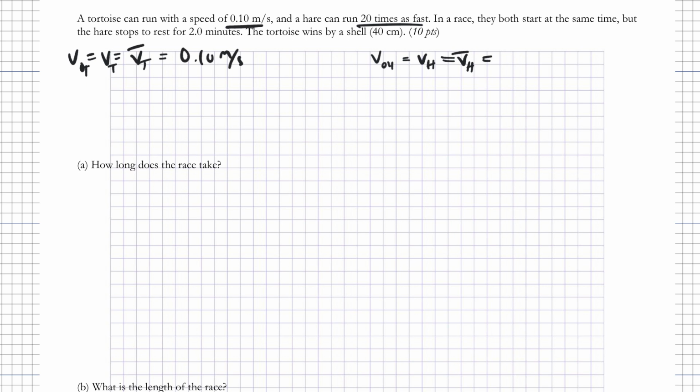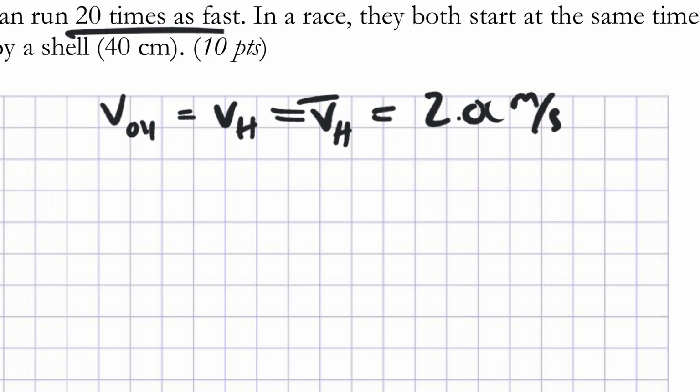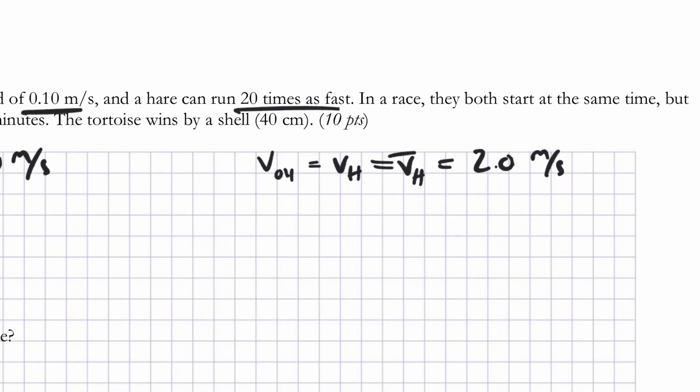So we'll go ahead and call that 2.00 meters per second. I guess that's one too many sig figs. Can I zoom in and erase that extra 0? I can. Cool. All right, in a race, they both start at the same time, but the